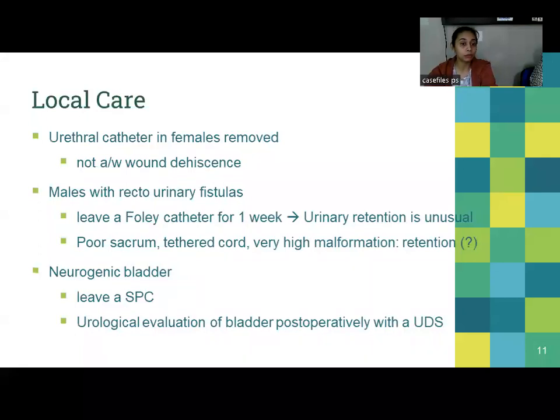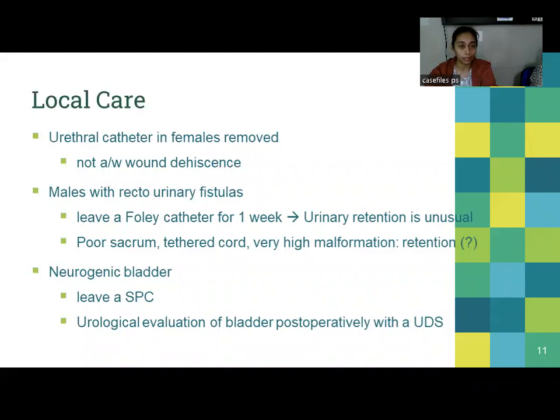In males with rectourinary fistulas, a Foley's catheter is left for a period of 1 week, and following removal, urinary retention is unusual. In patients with poor sacrum, tethered cord, or a very high malformation, the child can go into retention after removal of the catheter. In cases of previously diagnosed neurogenic bladder, an SPC can be left behind, and the urological evaluation post-operatively can be